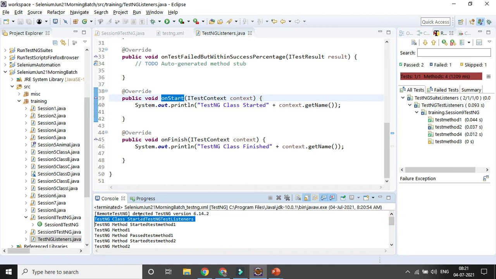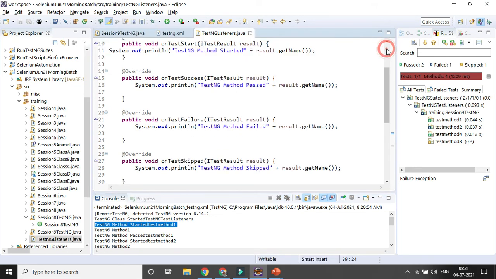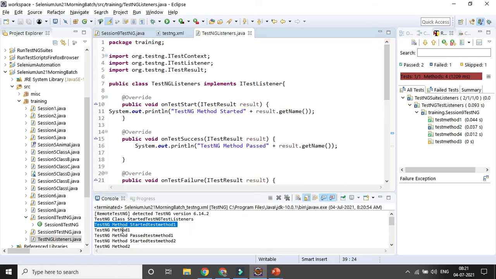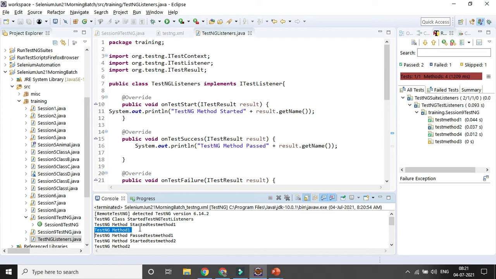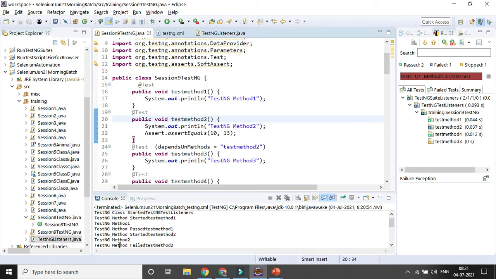So TestNG class started, TestNG listeners, and then for every method, whatever is passing or failing, you can get the result here. So TestNG method name started was coming, and it is passed. Then method name 2 failed, because method 2 got failed here. So you can see it is coming based on what you have given here.